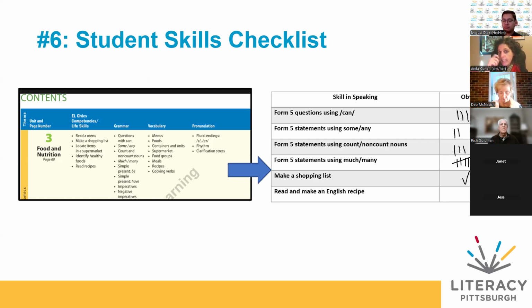And I made a checklist, that I want my student to form 5 questions using can. Maybe that's in one lesson, or maybe that's throughout the whole unit. And as you see that they do it, give them a tally mark. Or to make a shopping list, once they do it, give them a check mark. And then you can say, hey, you have done this. We can see that you have done this independently on your own, this skill 5 times. I think you probably got it. But it's just a way to, if you feel like more data would help you and your student, this is something else you could try. And again, don't recreate the wheel, right? I got these ideas straight from the textbook.